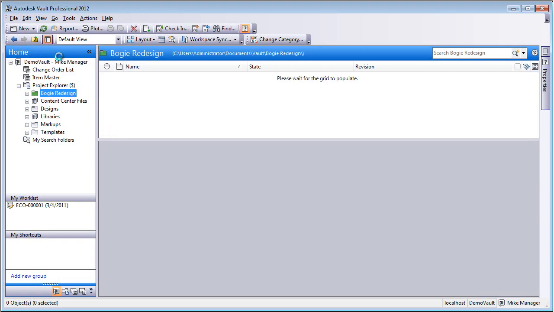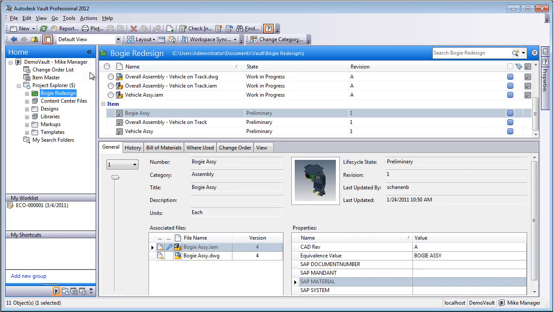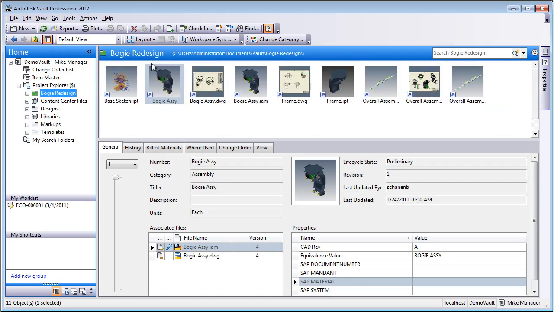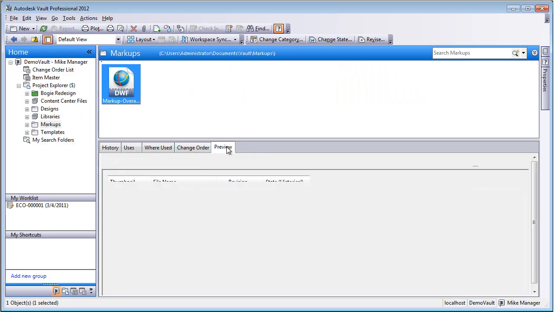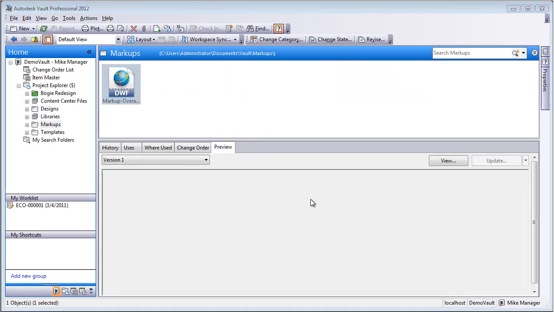And what it's going to do is paste links, think shortcuts, into that project folder. You can move to small or large icons, and it's going to show you all of the information that's in there. So it's not the actual files, it's just a link to the files. But there's more. So we have this markup, and this markup was created